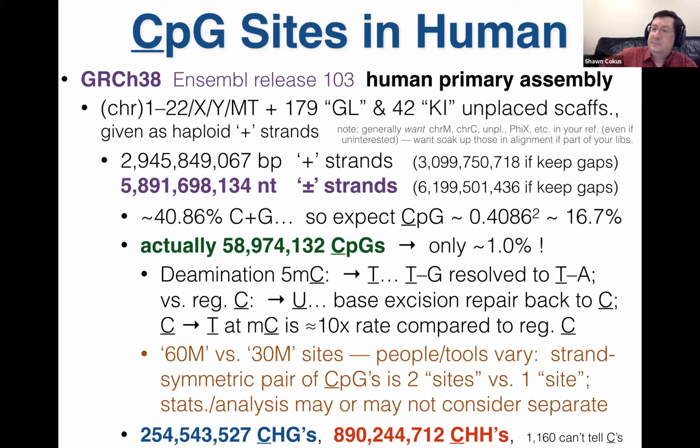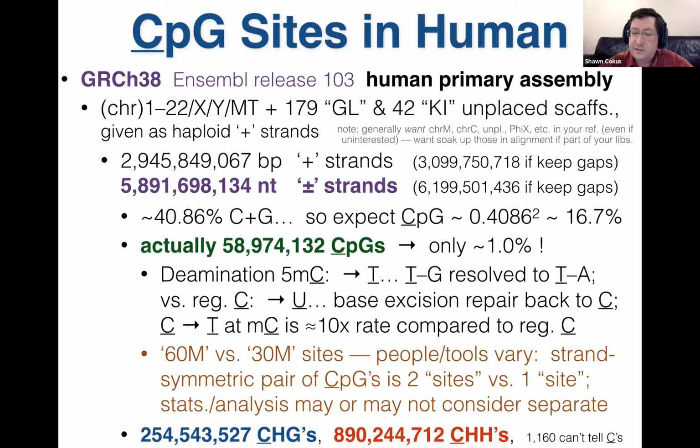And so the CpGs, if just based on one-base statistics, should be roughly the square of 0.4. That's about 16, 17%. But when you actually go and count how many sites there are in the genome, there's only about 60 million. So it's only about 1%, which is 17 times lower than the CG content you'd expect it to be. And one of the reasons for that is because